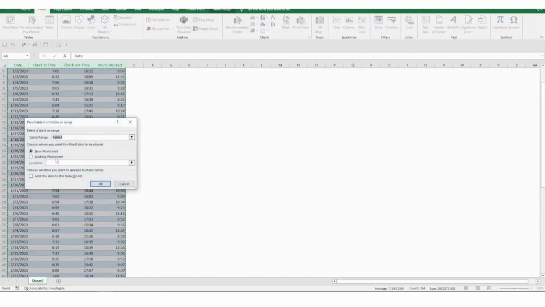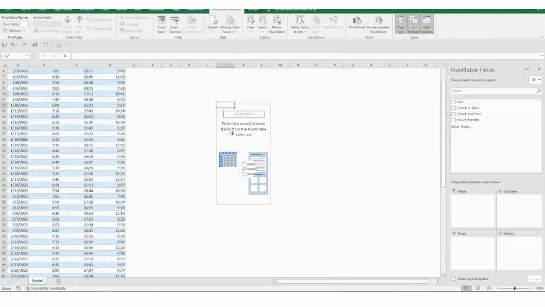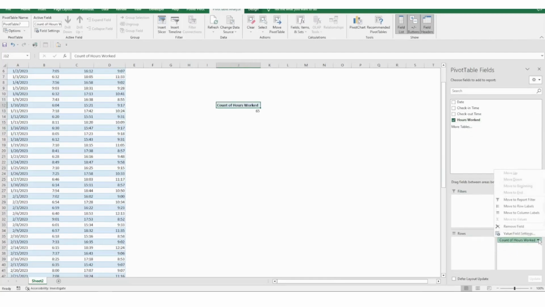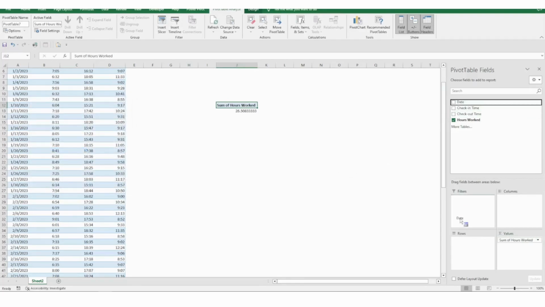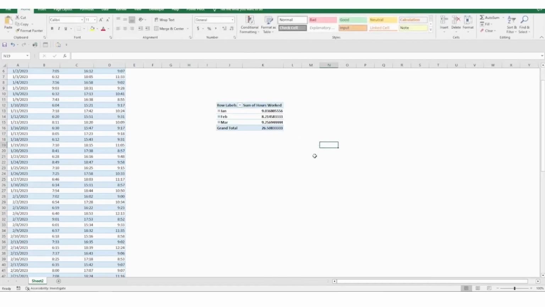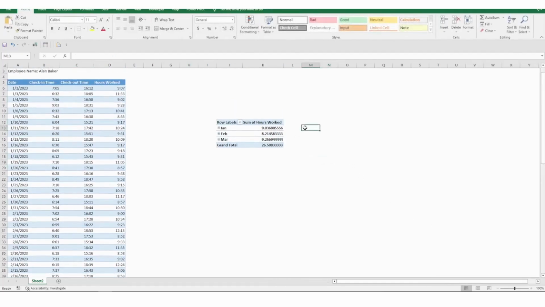So here is the pivot table. The values of the pivot table is the sum of hours worked. And the labels of the rows are the months.